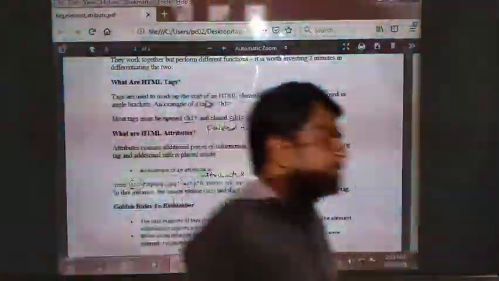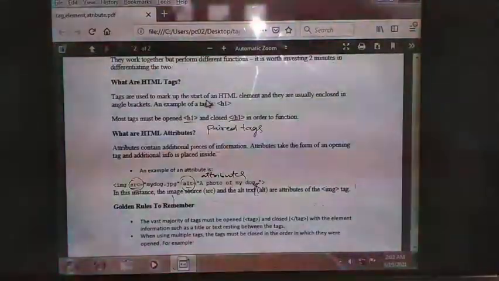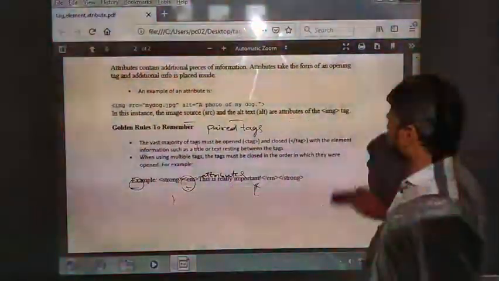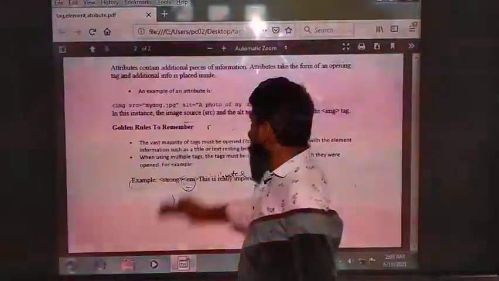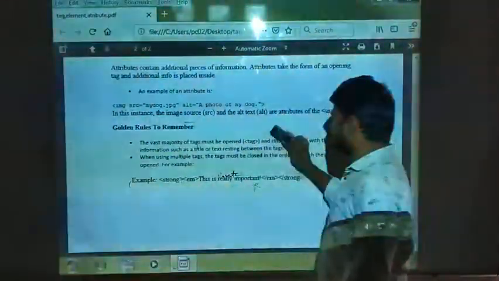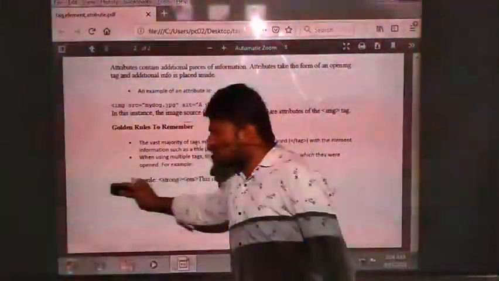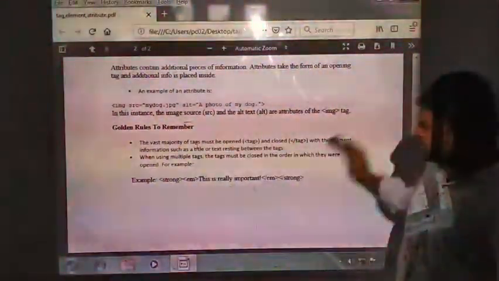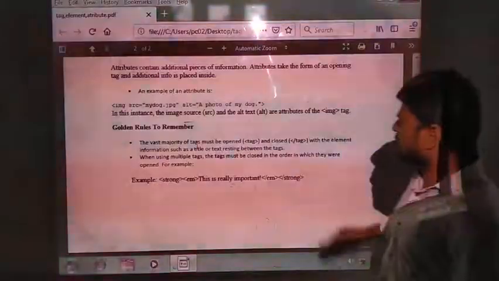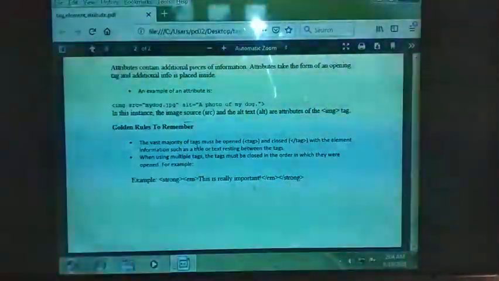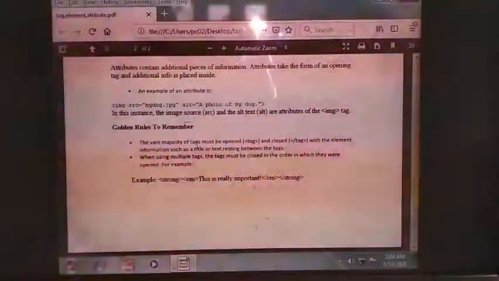And the main important point to remember is the golden rule. The vast majority of tags must be opened and closed with the element information such as title or text resting between the tags. We will use title also, right? So that is also one tag. And when using multiple tags, the tags must be closed in the order in which they are opened.